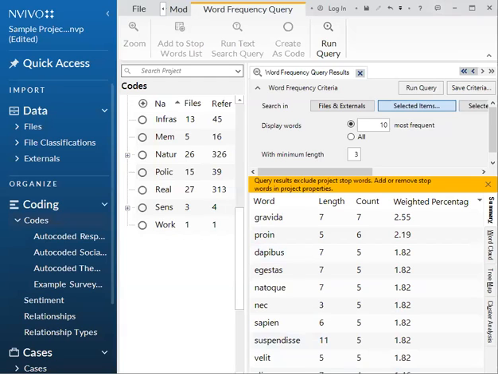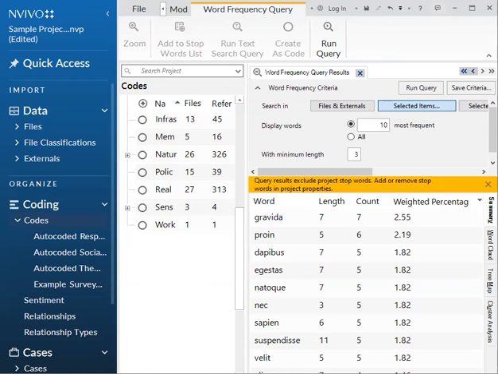So the next thing I'm going to show you is how to run a query and use case classifications. Unfortunately, NVivo is not able to run most of the queries within a specific case classification, except for the matrix query and coding queries. So for these, you have to have coding already done. But this will allow you to see the coding that has been done within your case classification groups, which are a lot of times different demographics.